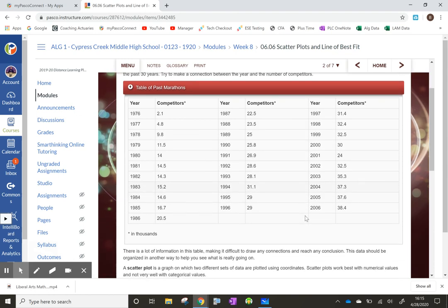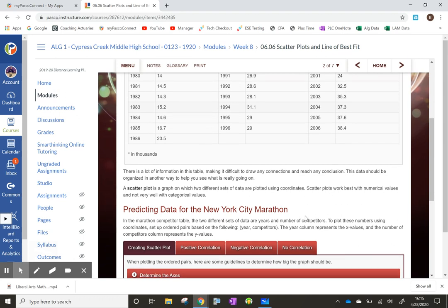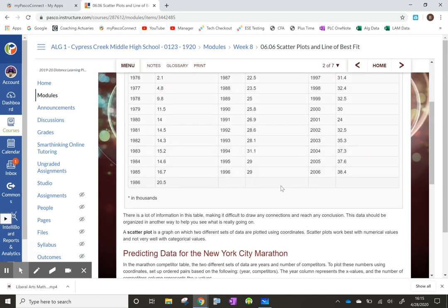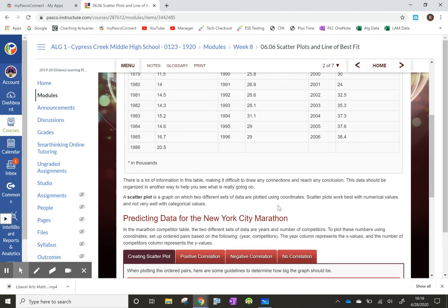So there's a lot of information. And it would be nice if we could take this information, graph it, and make a line that will predict what trends it's going in